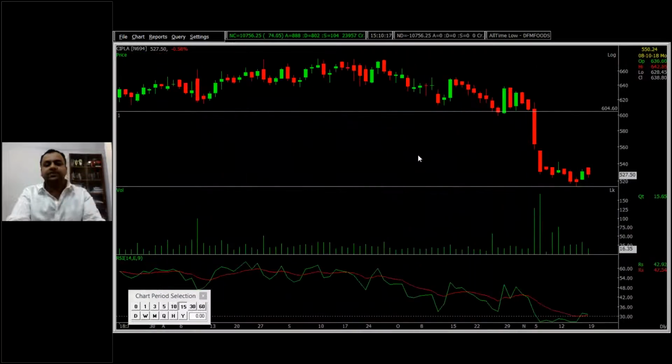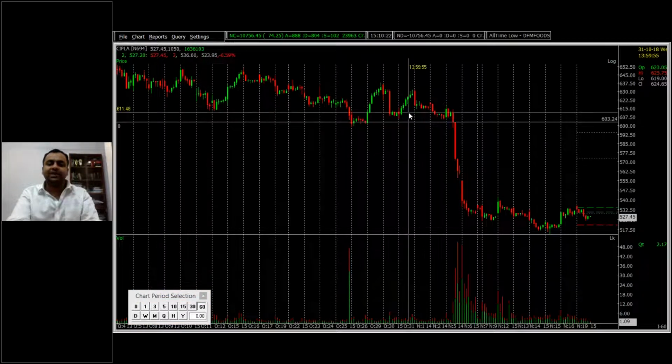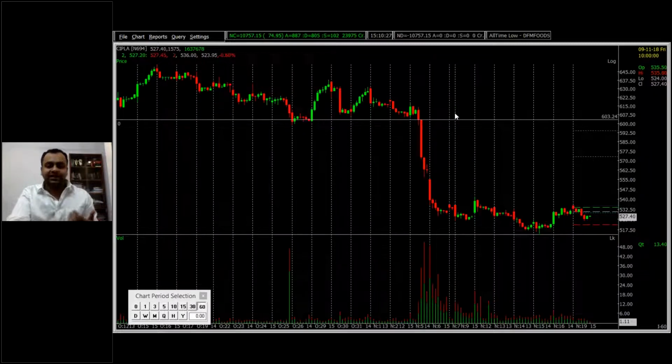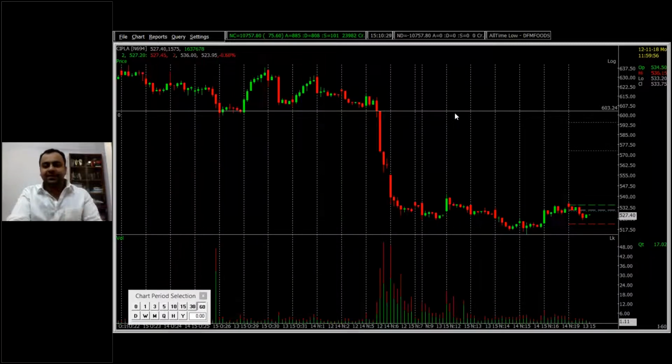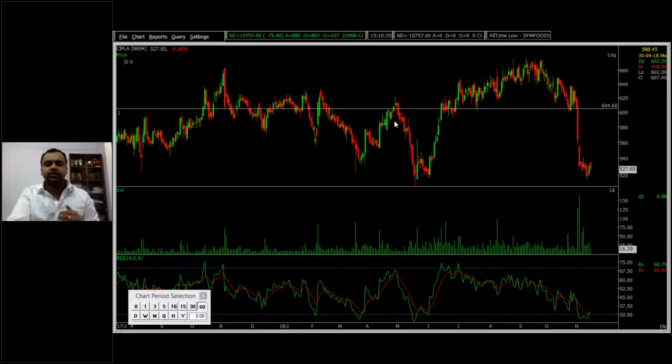So we spoke that yes, it has given a descending triangle breakout over here, and on that day I spoke about this pattern happening with other stocks on the smaller time frames also. One of the trades I had taken intraday was with a descending triangle pattern. After the breakout, it is going down, and I personally feel that this trend is strongly down. And I remember having told this last time